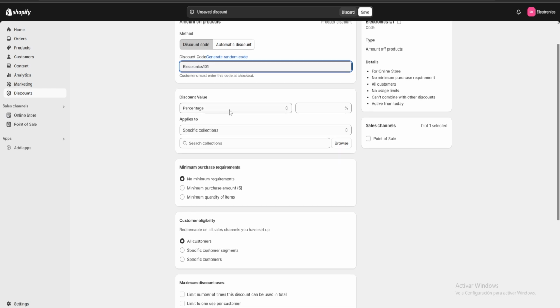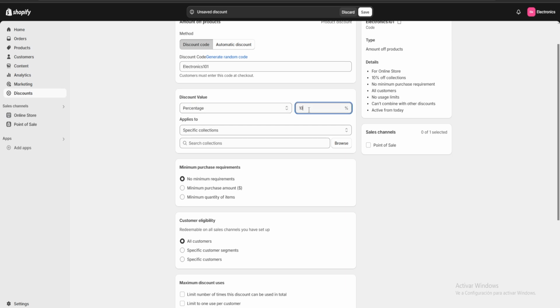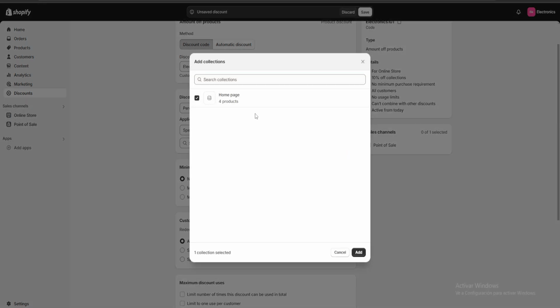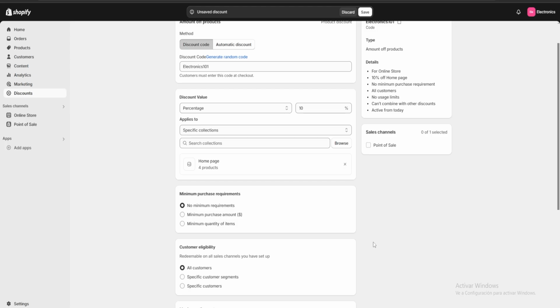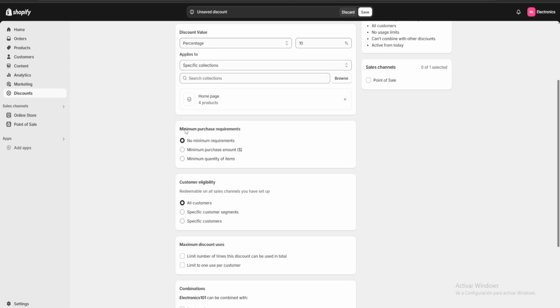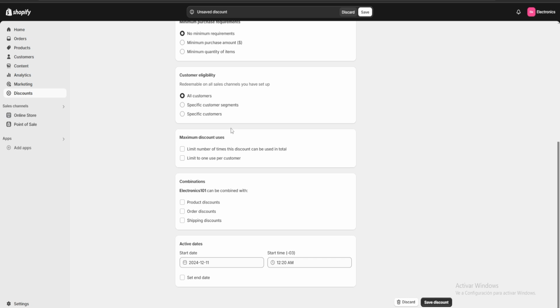Then we're going to choose which kind of discount it's going to be. For example, I'm going to choose a percentage amount of discount, and it's going to be 10%. Below it, we're going to choose which collections our discount is going to be applying to. So we're going to click on browse, and we're going to choose our home page. If we keep going down, we can see that we can further customize our discount. For example, we can choose the minimum purchase requirements, the customer eligibility, the maximum amount of uses for our discount,